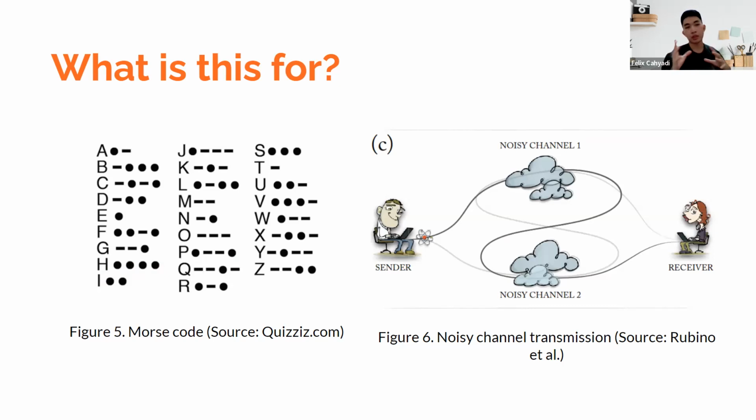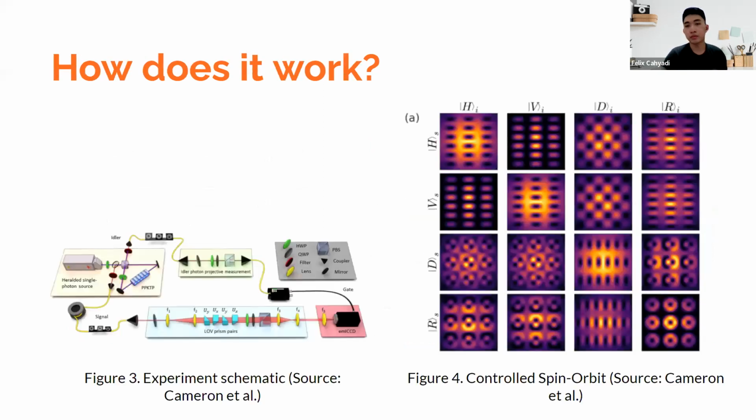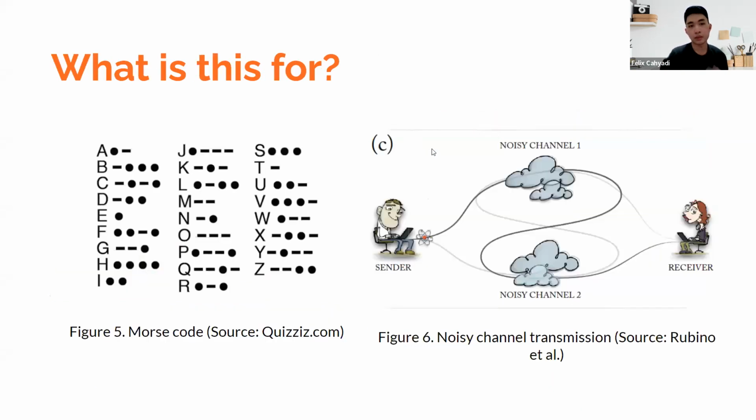If we look at the system, we can correlate this to things that are familiar to us, which is Morse code. Every shape we can look at as a code. As with Morse code, we can transmit information with every shape. And by controlling the state using polarization, we can then apply it to noisy channel transmission, in which if you have a noisy channel, you will not be able to transmit information